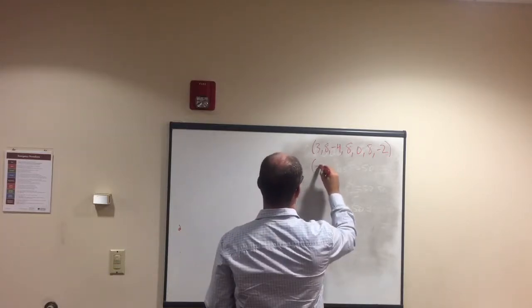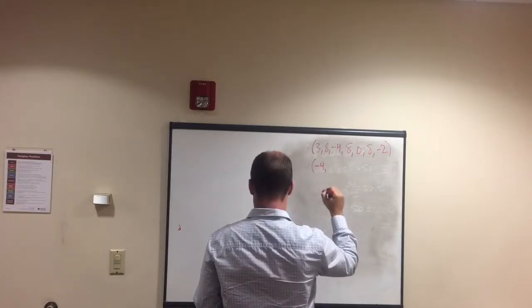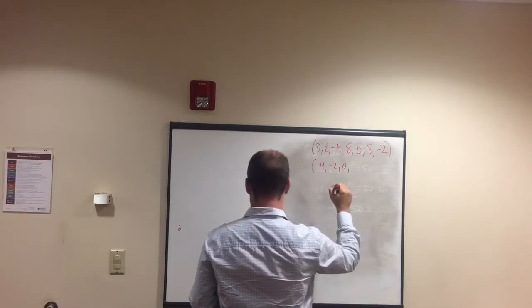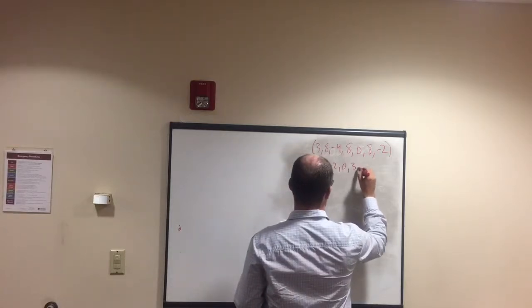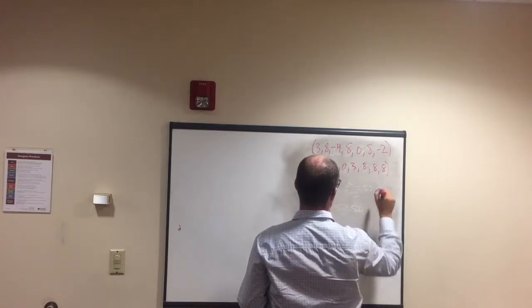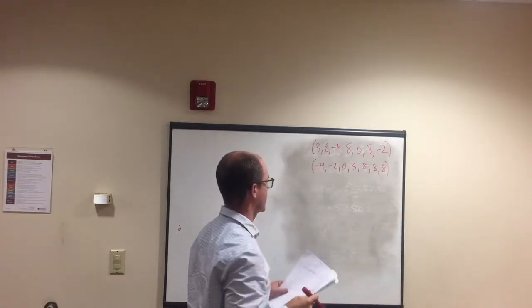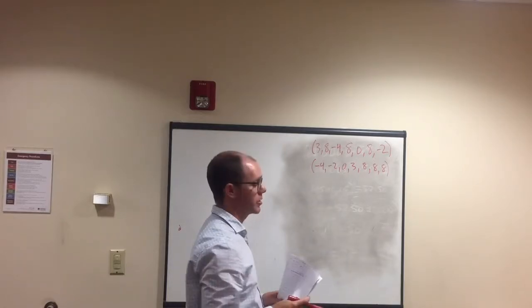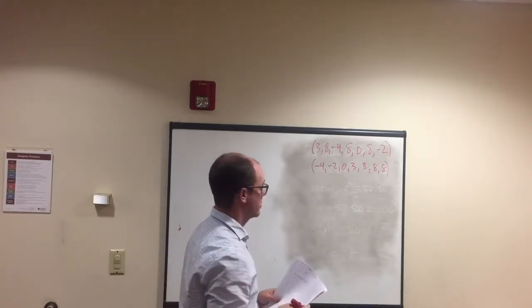So going from lowest to highest: -4, -2, 0, 3, and then there's three 8s. Okay, so now we have it ordered, and then we can go about trying to solve for all these things. So for mean